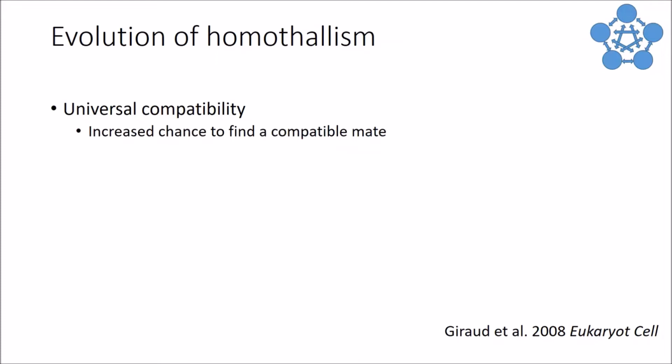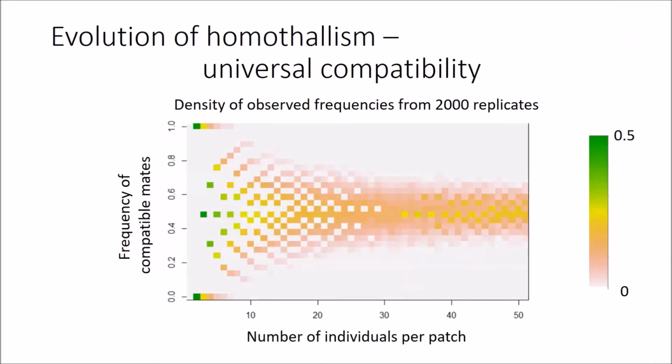This is definitely true. I think it's not a very strong argument, and I will show you why. If you just think about random mating happening, cells move into a certain environment, and they just have to wait to find another partner. If we assume that there's an equal frequency of the two different alleles, as soon as we end up with a few different individuals per patch, we will see, what you can see here is the frequency